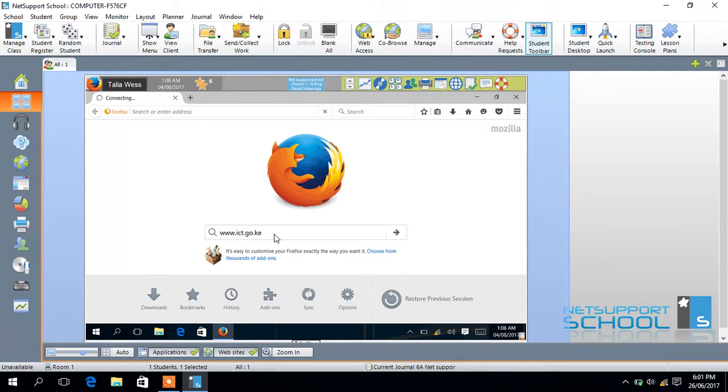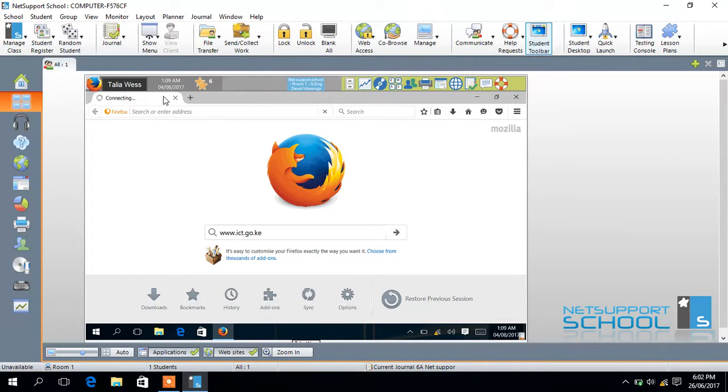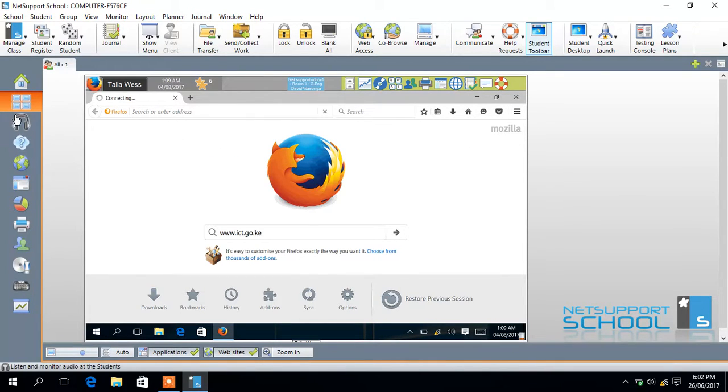This is www.ict.go.ke. Probably there's just no internet, and that will not give us a clear picture of what we need. But basically the student will be able to have access to an approved website